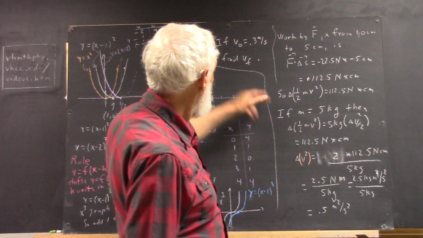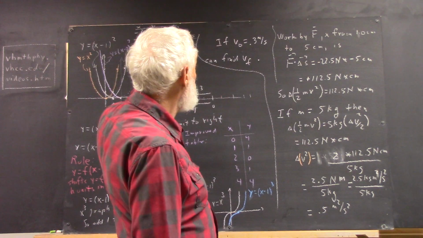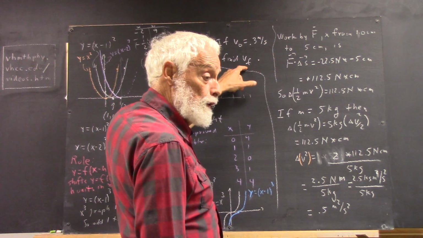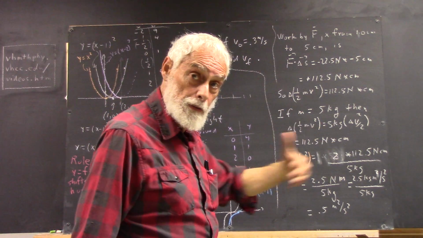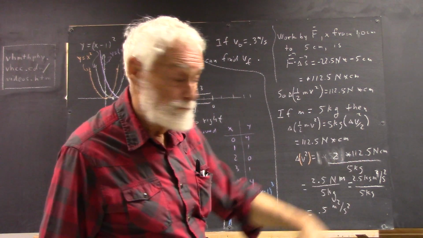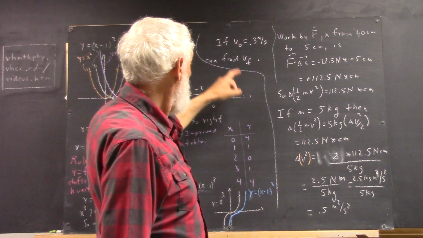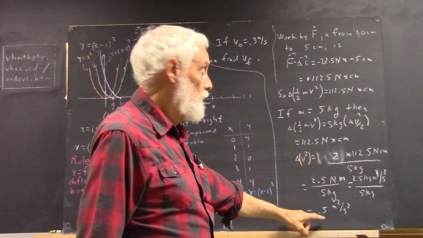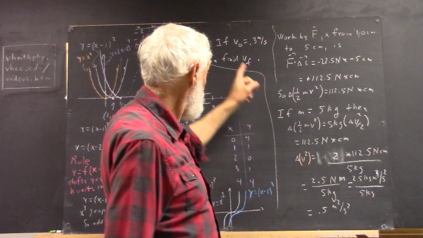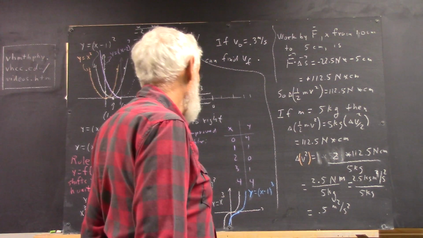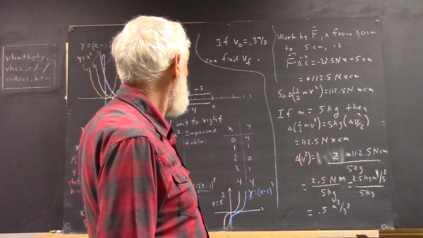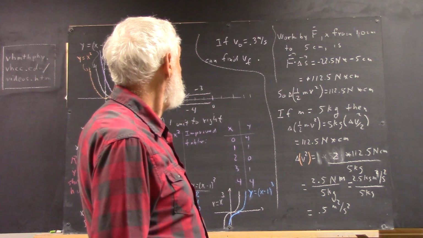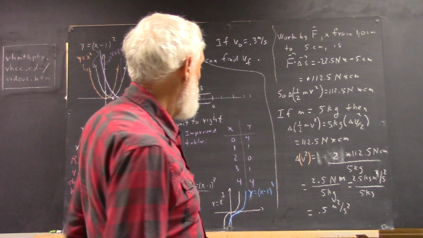So I say, okay, well, if v naught is 0.3 meters per second, you can find vf. Whatever initial velocity on this interval you wish to invoke, you can find the final velocity from this. Okay, and then I left this as a question that you might need to answer. Now, as a reward for watching the video, I'll say, well, okay, then